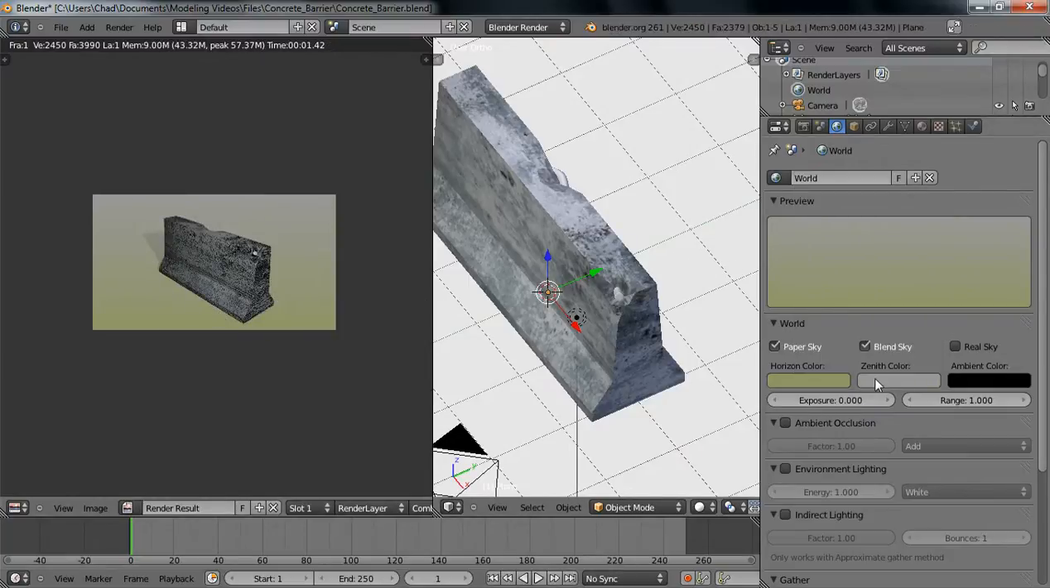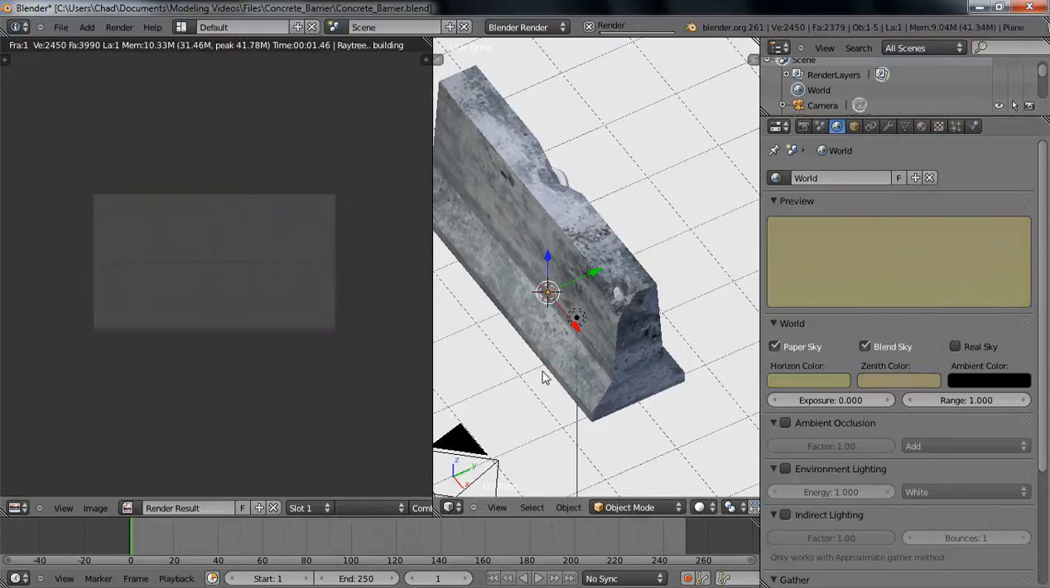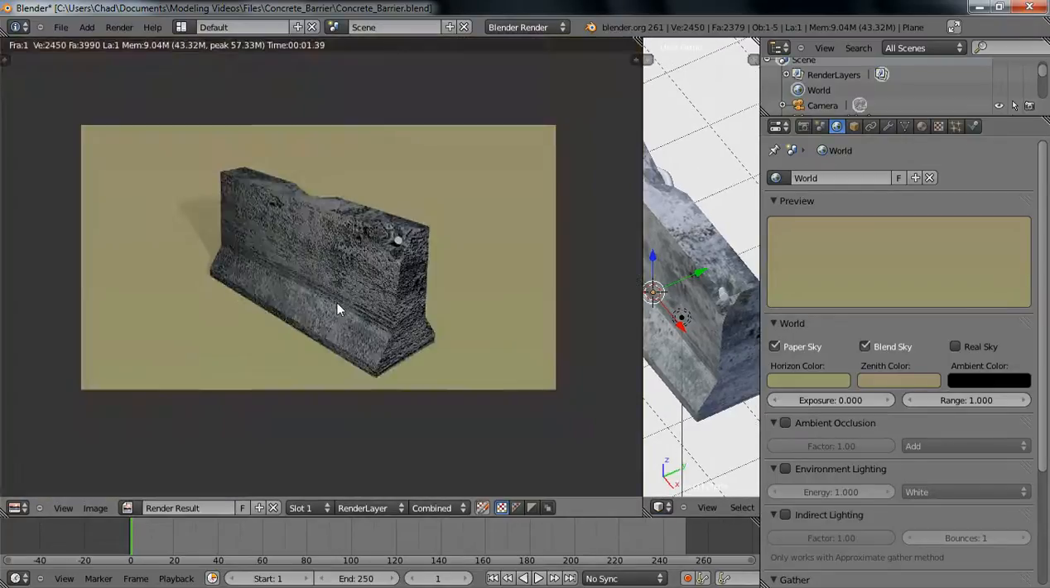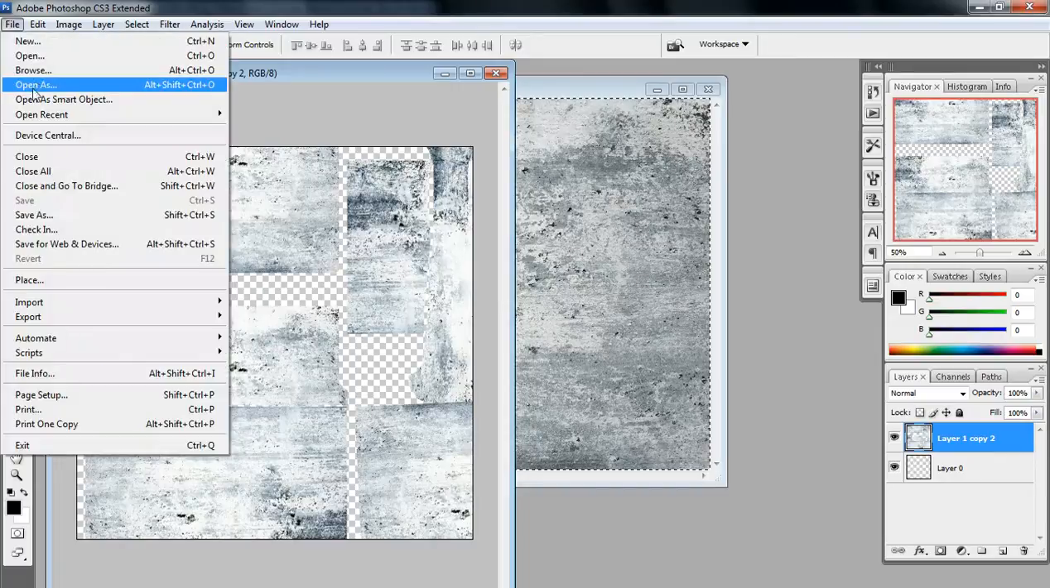So there. Darken it a little maybe. Too similar. Who cares? It's the ground. So there we go. So let's bring this up. So there is a render in Blender. Kind of boring. It's just a cement block. But when do you find cement blocks that don't have graffiti on it? I mean, seriously. So let's open